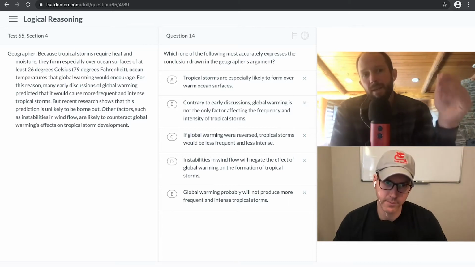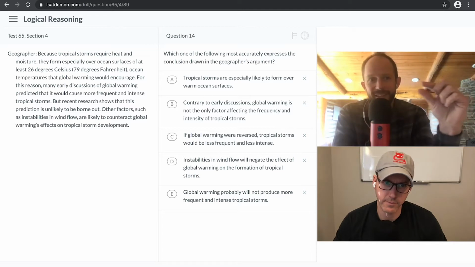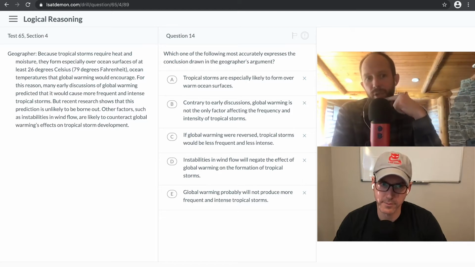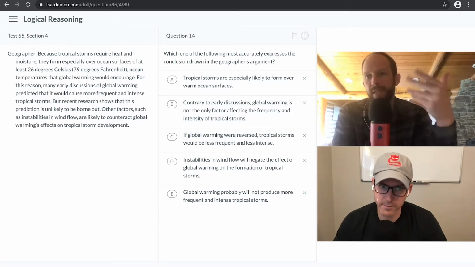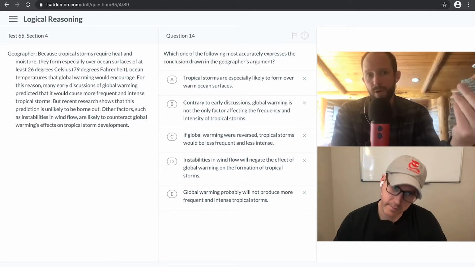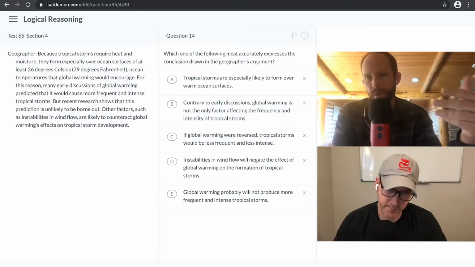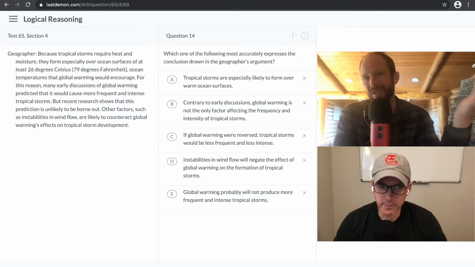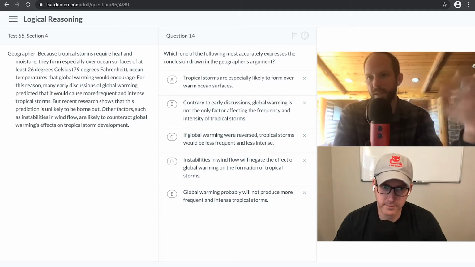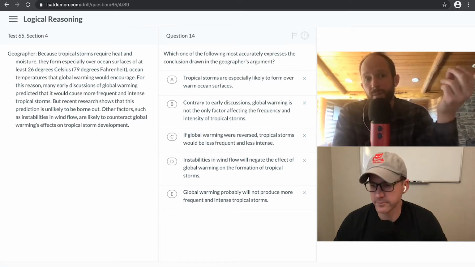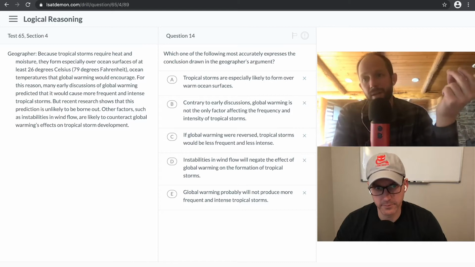Okay. The second thing that I noticed, and that was all in the first half of a sentence, is it says ocean temperatures that global warming would encourage. So putting the pieces of the puzzle together, global warming makes the oceans warmer, encourages the oceans to be warmer. It doesn't necessarily 100% force them to be warmer in all situations, but it stands to reason that Earth is getting warmer. This tends to encourage warmer ocean temperatures, and the warmer ocean temperatures provide the necessary components for